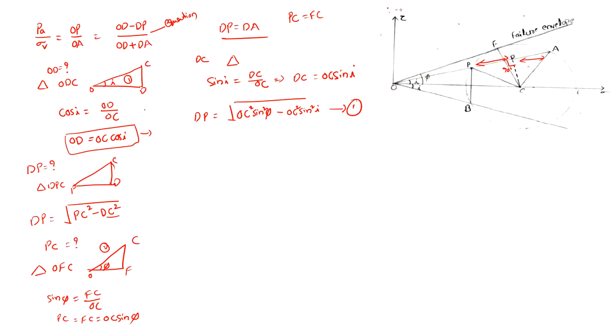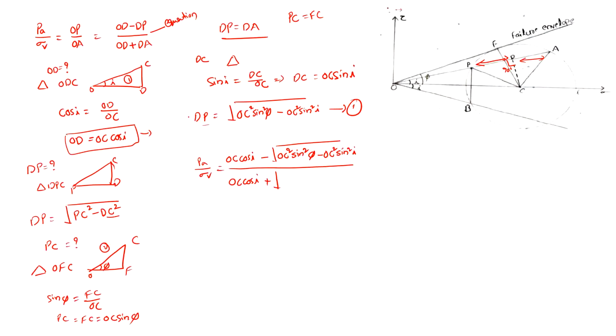So in this equation, if we substitute in this equation, we can get the coefficient of active earth pressure. So I will write here PA over sigma V is equal to, I will write OD. OD is nothing but OC cos I minus root over OC square sine square phi minus OC square sine square I. This is the DP value. So instead of DP I am writing this formula, and the same OD is also OC cos I here, plus